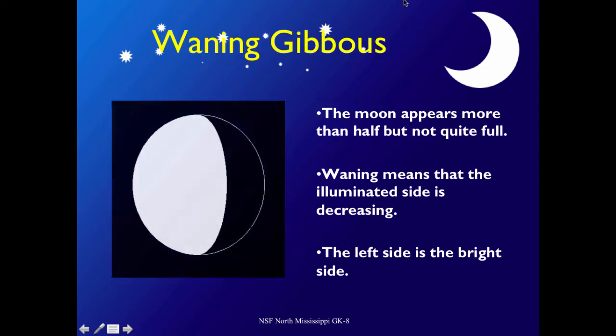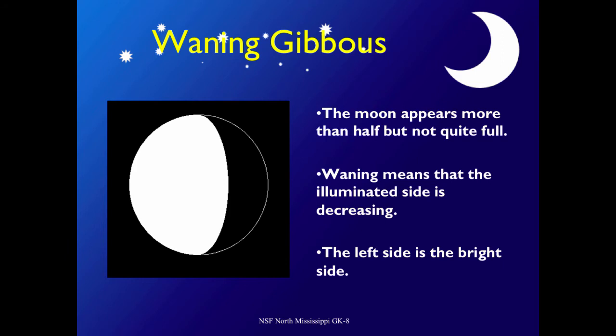Okay, then you have your waning gibbous. So what happens now is as the moon starts to move position. For the full moon, it's actually in this position. You have the sun, you have the earth, and then you have your moon. So in space, because this side of the moon is facing the sun, it's lit up. This side's dark. Well, on Earth, you're looking at the lit up side,